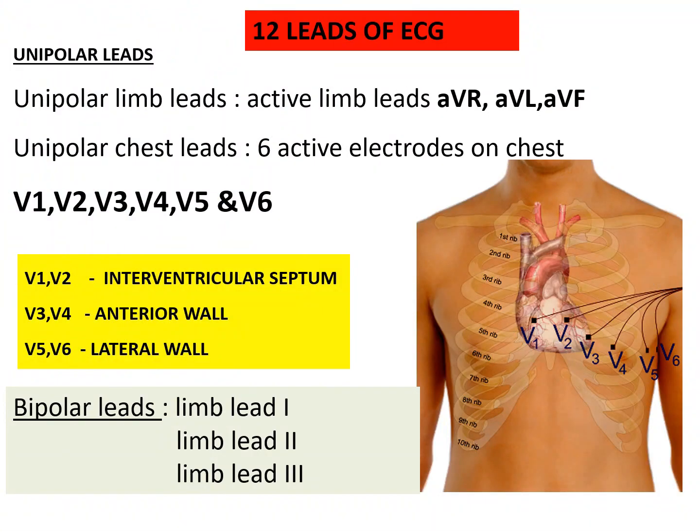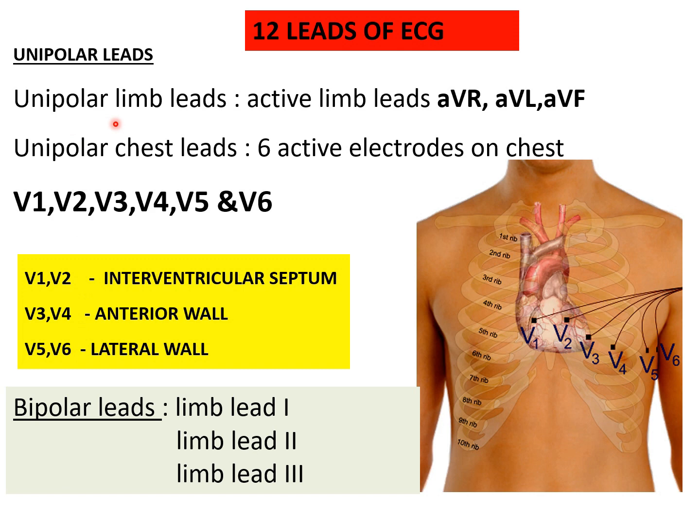Next essential knowledge in order to have easy ECG interpretation is about the leads. We mostly get a sample of 12-lead ECGs. And these 12 leads include unipolar leads and bipolar leads. Each lead tells you the electrical events happening at a particular part of the heart. So if you find any abnormality at particular leads, that is telling you that part of the heart is in trouble. So the leads can be classified into unipolar leads and bipolar leads.